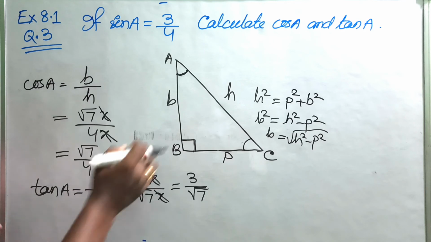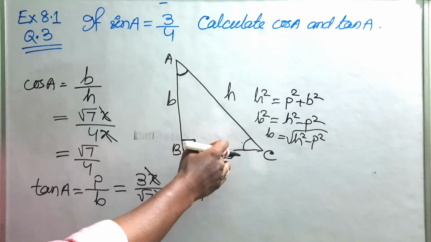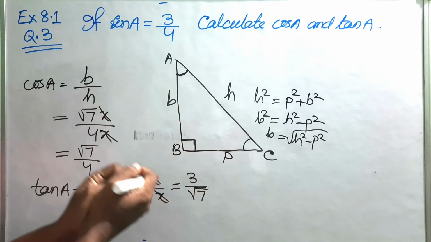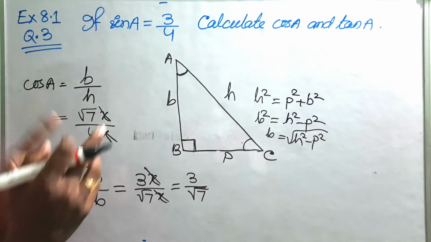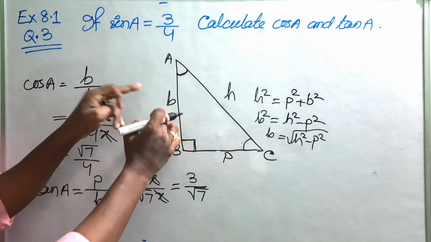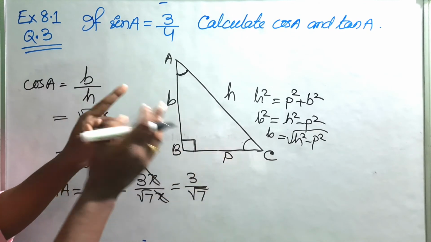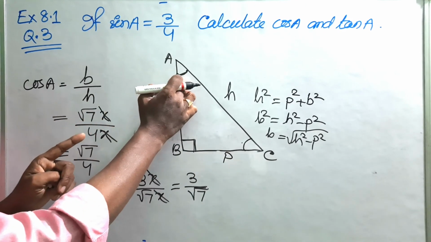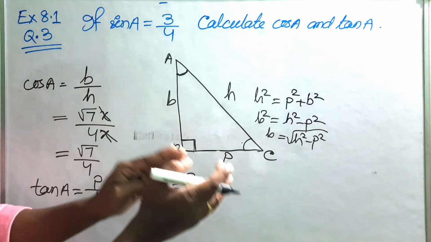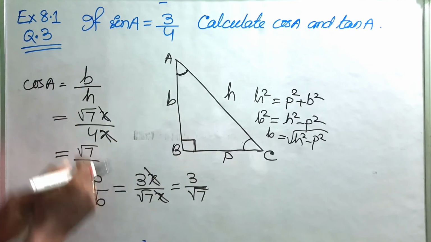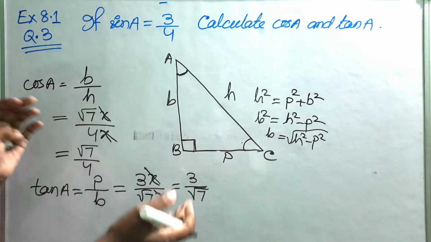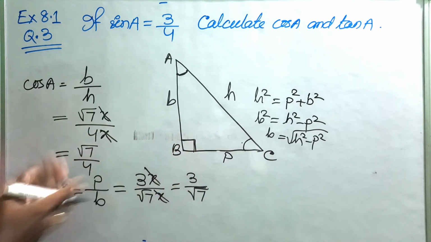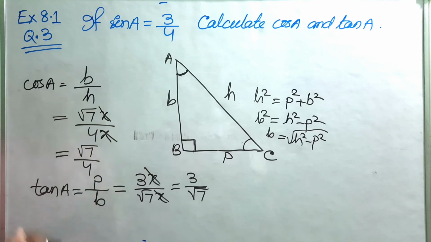Now here we have drawn this diagram for your clear understanding, but it is not important to draw this one. But whenever a diagram is given, and P, B is already mentioned, then you have to think which one should be B, which one should be P accordingly. But here since no diagram is given, you can directly take B by H, P by H, P by B like this. So you have to only remember that one.